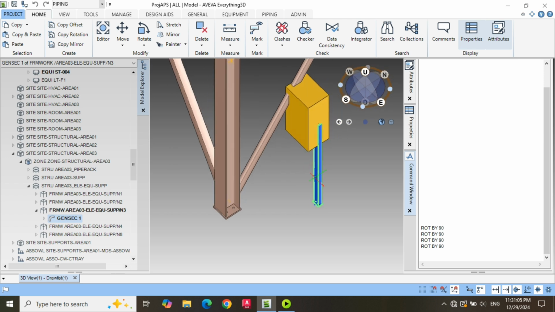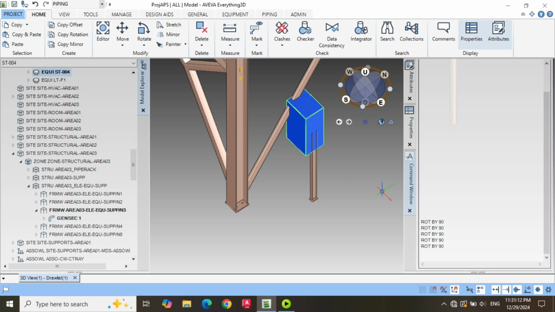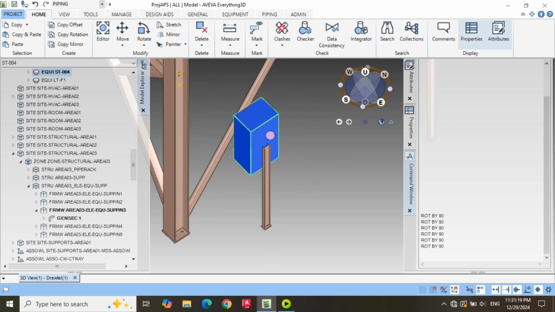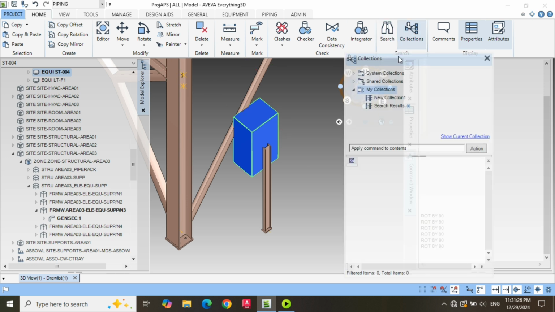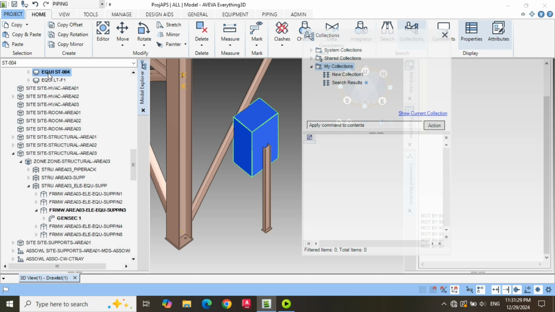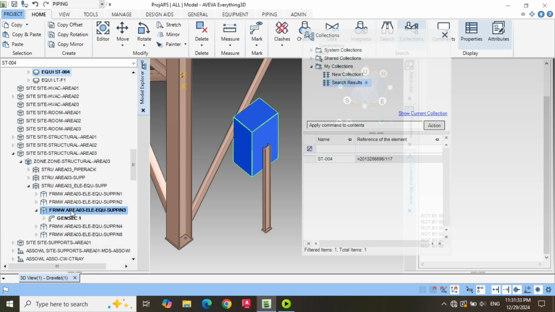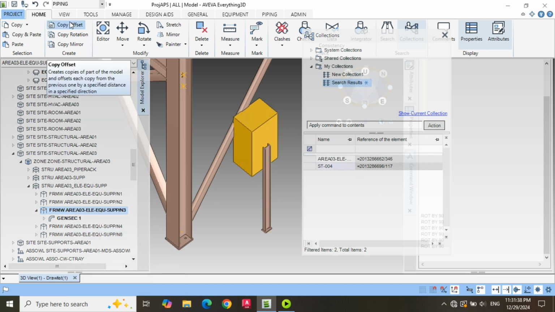So I am moving like this. If I want to rotate this board, you can have two methods. Make this a collection. Yes, I am adding this to an equipment and this to a collection and this support to the collection, and go to